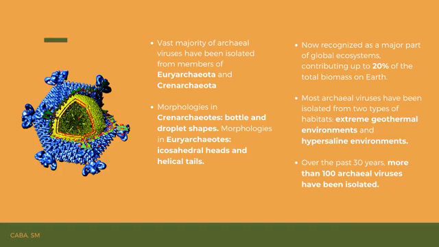Of the more than 6,284 viral isolates infecting prokaryotic hosts, only 117 infect archaea, and the vast majority of archaeal viruses have been isolated from members of Euryarchaeota and Crenarchaeota. Many viruses replicating in Crenarchaeotes exhibit unusual variant morphologies, including the bottle and droplet shapes. Some are able to grow tails once released from their host.